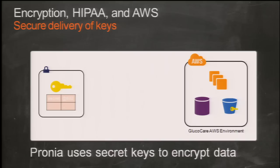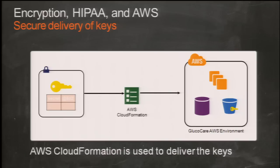Right. So the keys are stored outside of Amazon in a whole set of systems with policies and procedures that's outside the scope of this talk. But it's really important to maintain and protect those keys because they allow everybody to encrypt and decrypt the PHI. When we're in Amazon and starting up a new instance of GlucoCare, we use CloudFormation to deliver keys to the instances when they start up. We're securing the instances with IAM roles that protect the data as it moves through CloudFormation and gets